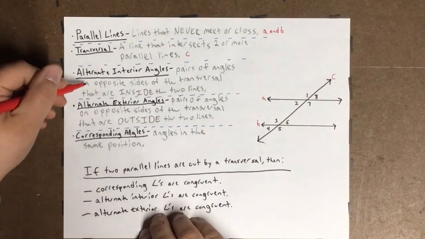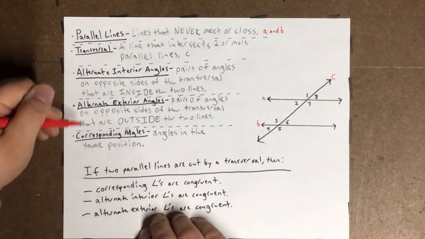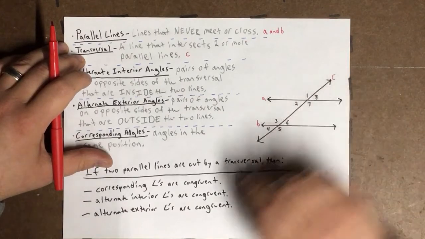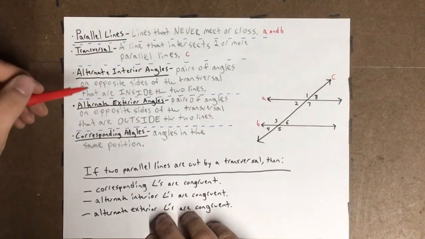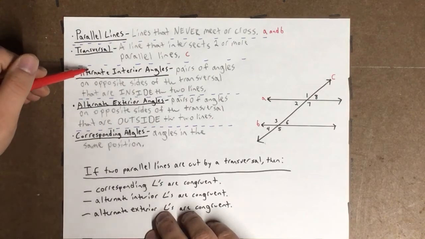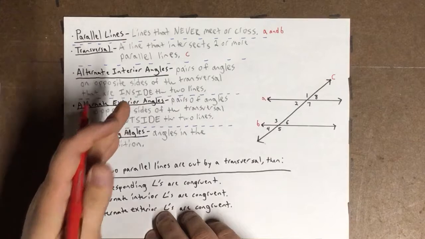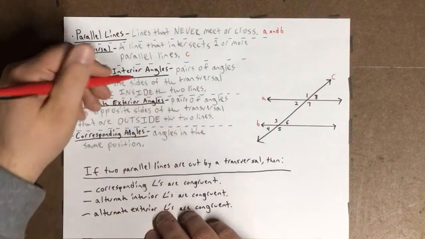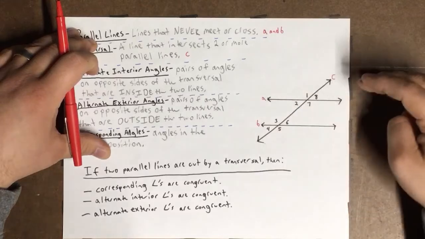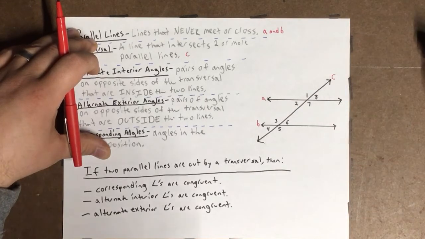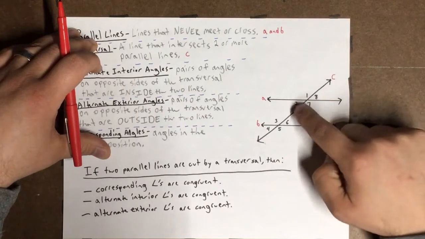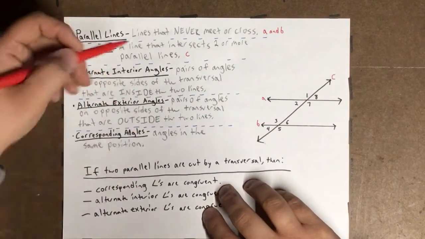From here, we have some different names for different kinds of angles. That's what these numbers inside of the lines are. So first thing, we have alternate interior angles. Alternate meaning that they're alternating, as in they're going from one side to the other. Interior meaning that they're going to be towards the inside of the lines, not the outside. An example of this, if you were to think about each one of these as an angle, would be something like